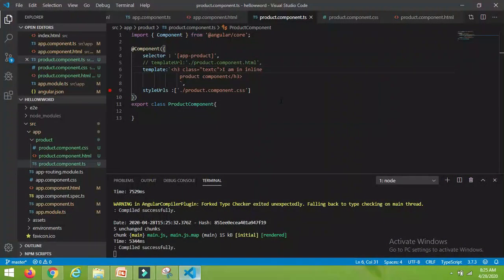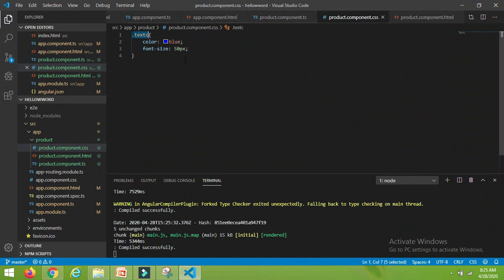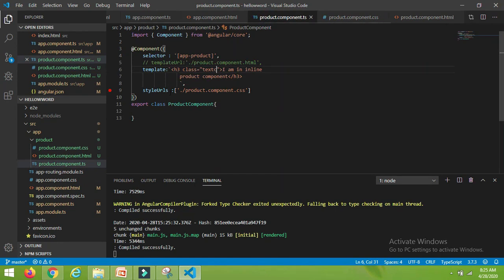So what I have done, I have created one CSS file. Within that CSS file I have created one simple CSS class and applied the style properties, color and font size. Now to use this class I have injected the path of the CSS file, and then applied this class to this h3 tag.